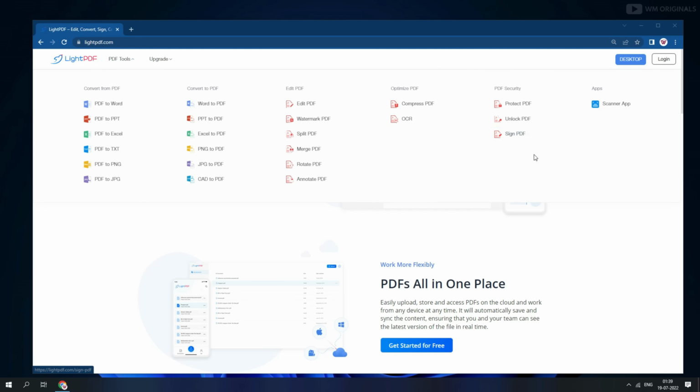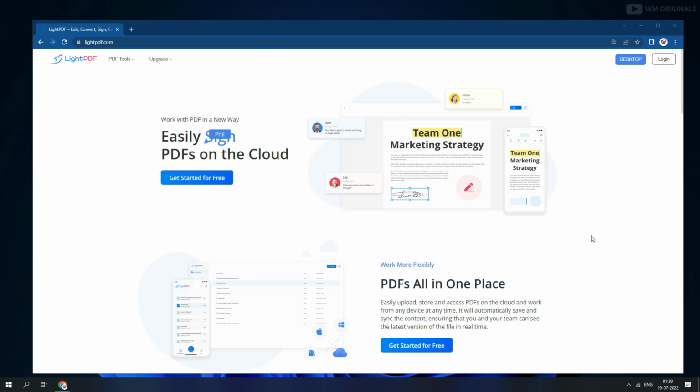The best thing is that we can use all these for free. Wow, is that not fantastic? Let's try it and see how to use Lite PDF. But before we start using Lite PDF, I recommend you to create an account, as it helps you to sync all your data across devices.